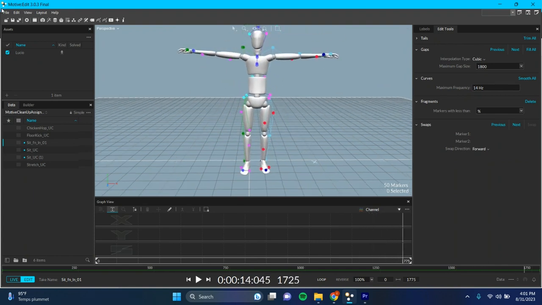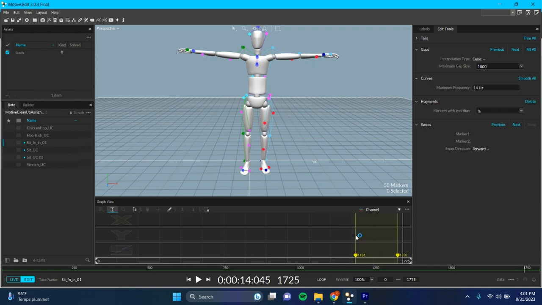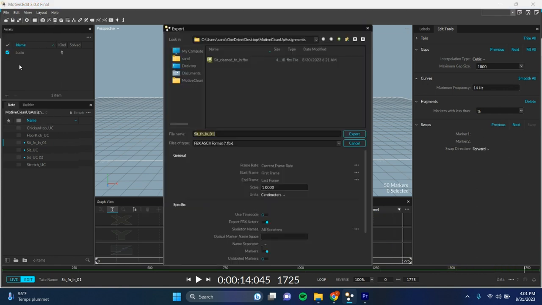Okay, now we have to export it out. We're going to go to File, Export Tracking Data. Make sure that you don't have anything selected, or else you're going to export only the range that you have selected. So deselect. We want to export the entire thing. And then we'll do sit clean, first name, last name,